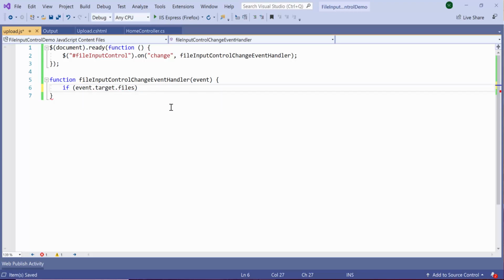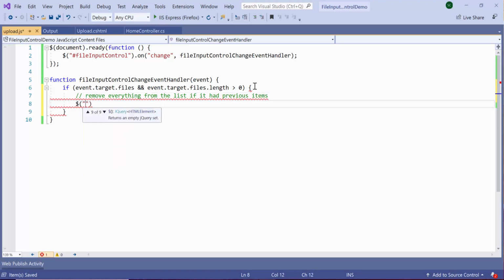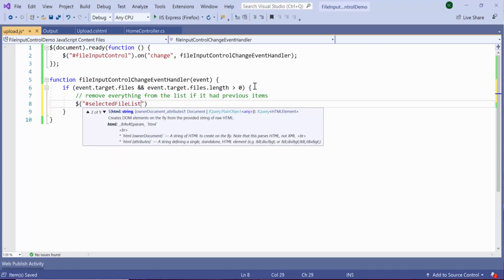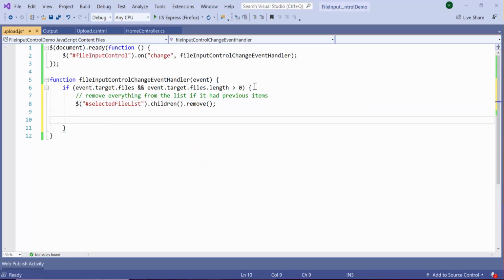So I'm saying if there are any files, first remove everything from the list if it had previous items. Maybe you made a selection, remove all the previous items from the list. So I'm going to say from this list, remove all the children, and then for each of the files,